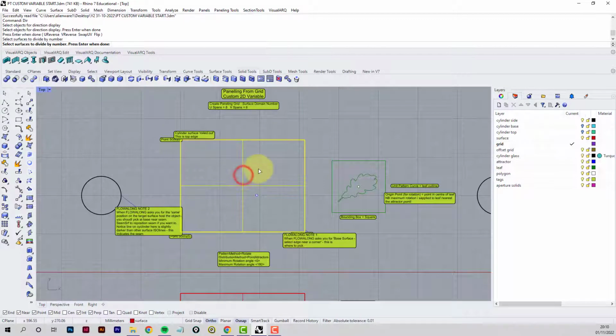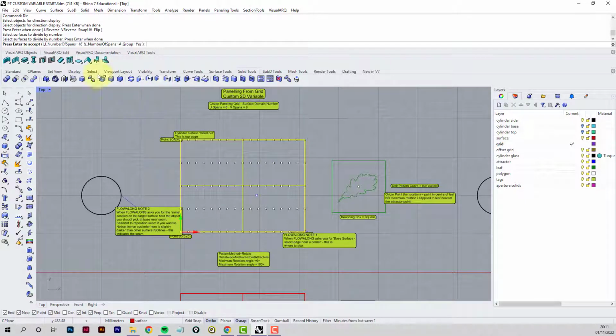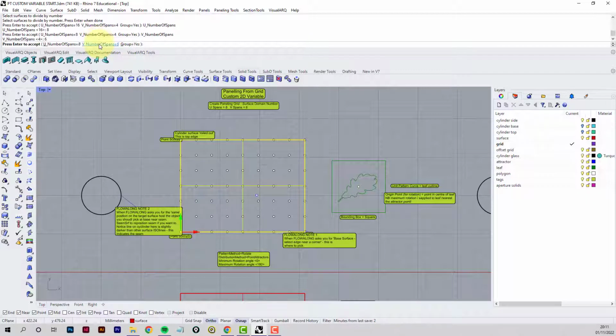Click on the surface to divide and enter. Our options here say U spans 8, V spans 6. So U spans 8, enter. V spans 6, enter. You can see the dots already